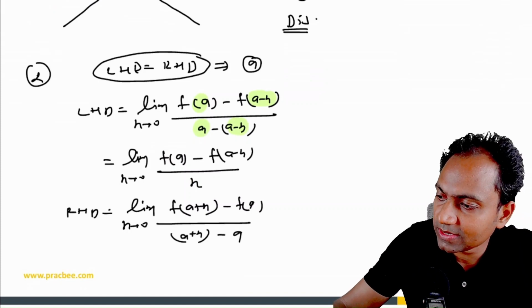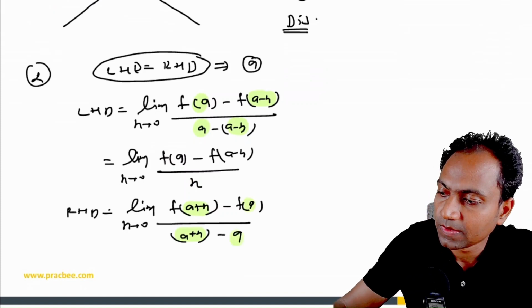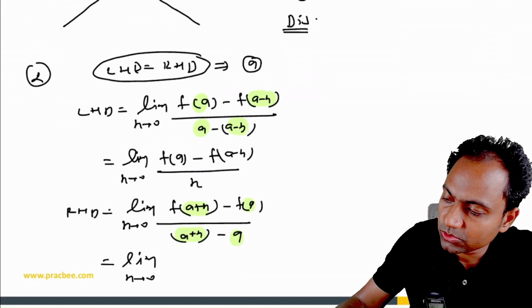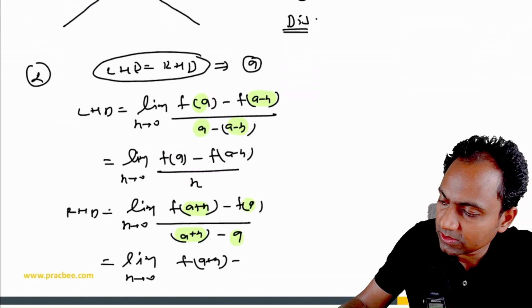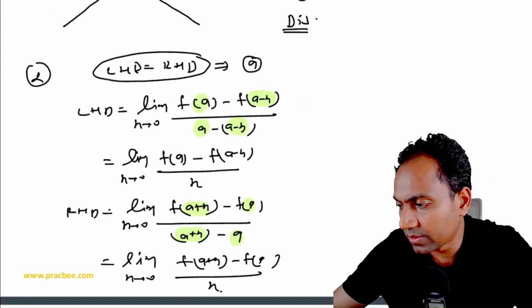You can see that again the similar idea is coming. Whatever we are writing here is here, whatever we are writing here is here. So once we simplify this, this becomes limit h tends to 0, f of a plus h minus f of a by h. Now what you can observe from here is basically, if I draw the curve and understand the idea graphically,